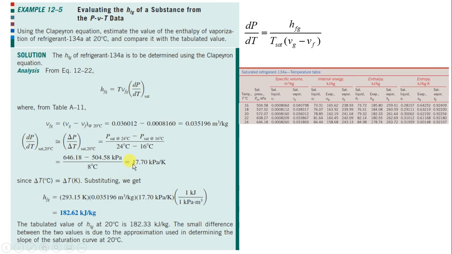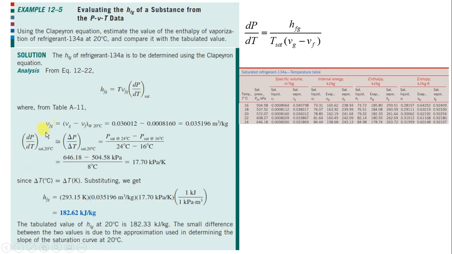So this solution is there and this is the table. On the right side you can see the table. This table has been determined experimentally. R134A refrigerant is used, some conditions are maintained, and this data is generated using experiments. Now what is Hfg from here? Hfg will be the slope, which is dP by dT at saturation condition, multiplied by Tsat into Vfg, which I have shown over here.